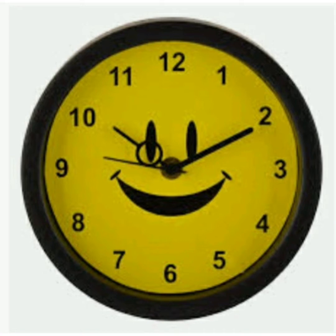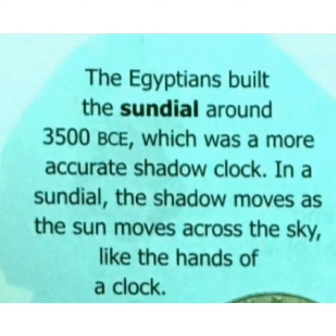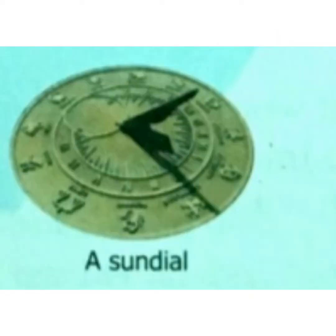Have a look at this picture. This is a sundial. This was the first clock. The Egyptians built the sundial around 3500 BCE, which was a more accurate shadow clock. The shadow moves as the sun moves across the sky, like the hand of a clock. Here I am explaining that the pole in the center casts a shadow on the ground and we can